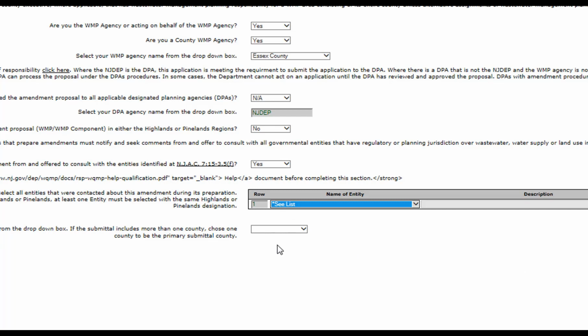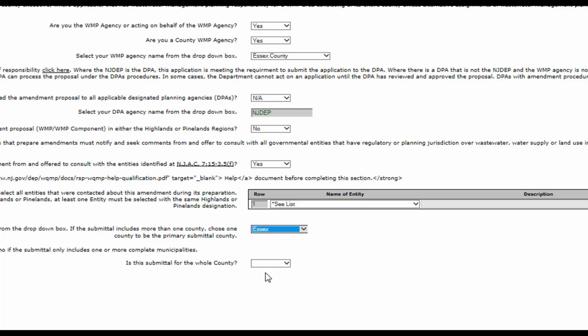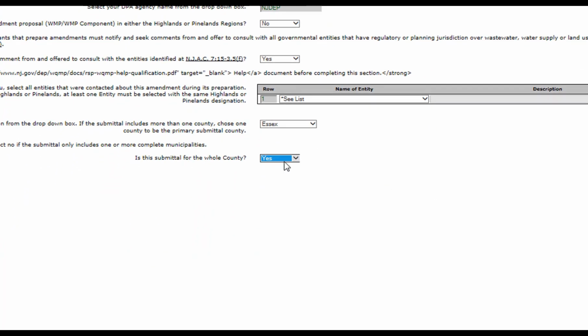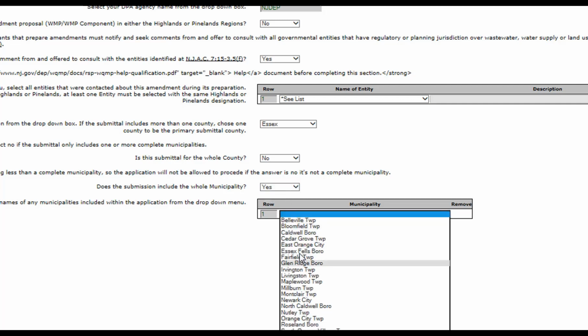Now what it's asking for is the county, which is Essex. And it's asking, is this complete WIMP for the entire county? And you have two options, of course, which is yes, it is, in which case you'll be allowed to continue. If it is no, what happens is we'll ask if the submission includes the whole municipality. It has to, so I will select yes, and then we can add all the municipalities within Essex County that this complete WIMP includes. We can add rows, we can also delete them,